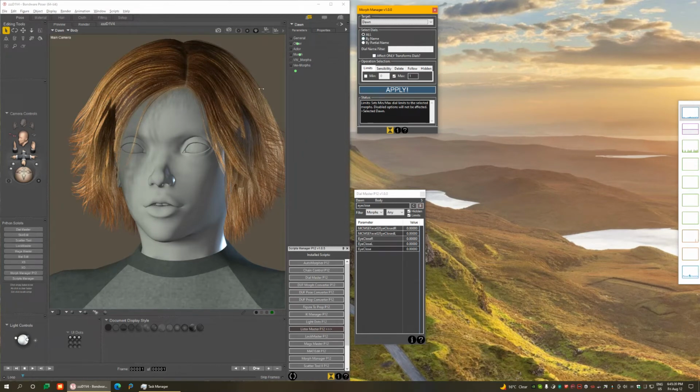So I don't want to affect all morphs. I only want to affect this one. So I'm going to select the dial by specific name, which is iClose. And then on the limits tab, the default is set to 1. I'm going to set this to 1.3. That should be enough to close the eyes. And when I click apply, it has found 3 dials with that name and set the maximum value for the